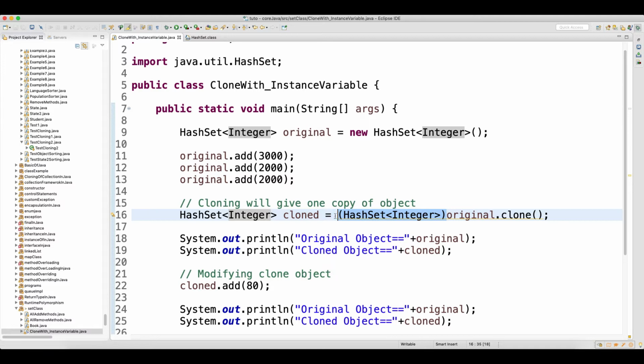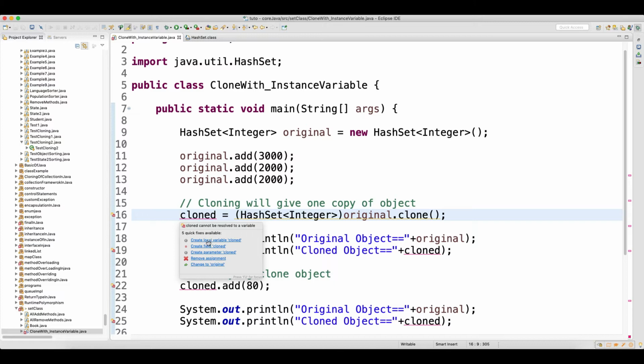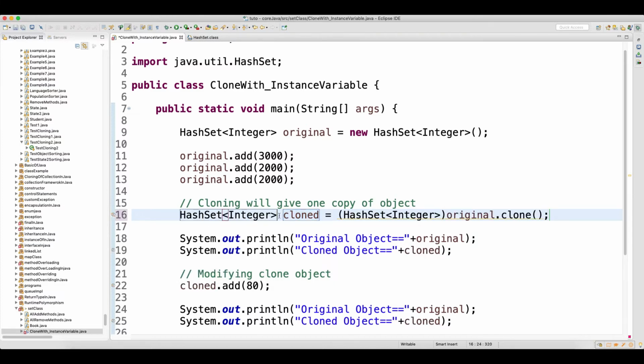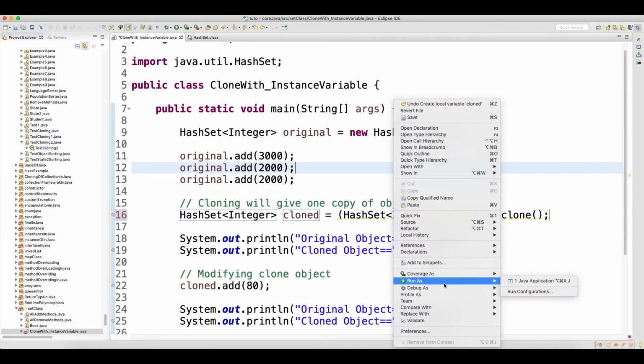To cast that, you have to write the class in parentheses. Once you cast that, and if you remove it, hover the mouse over it, click on local variable, the type is HashSet of Integer. So this is your cloned copy, and this is your original copy. If you print both the cloned and the original, you will get one copy of the data in both.